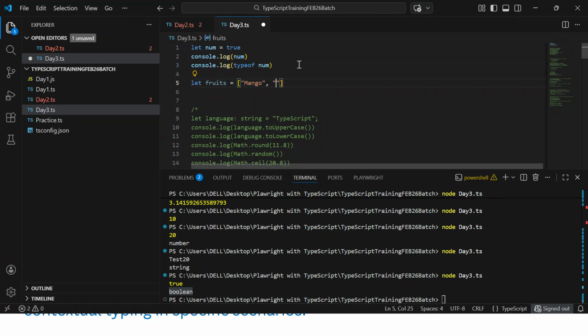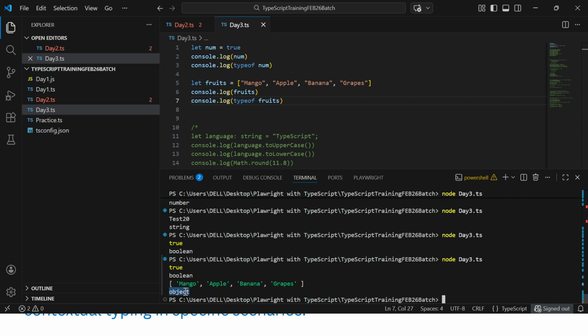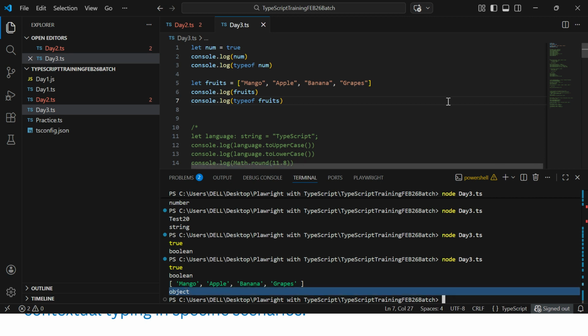Okay, called apple, banana. Okay, and something called grapes, like that. And then what I'm doing, I'm trying to simply print it. Okay, this variable value I can change, that is fine. So this is the way I can do with the array, and you could see it's coming as object, because array is always an object and the value is also printed out. So that is the way I can deal with the variables, I can deal with the array, and I can